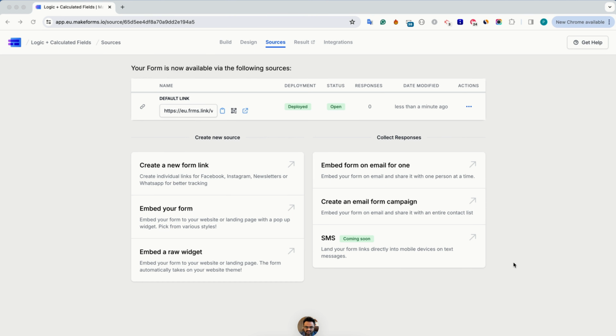But when we are publishing and we are coming here, we can see that there is only one link. So how will you create multiple sources? To create multiple sources, what you will do is click on this link that says create a new form link. But the first question that you would ask me will be,